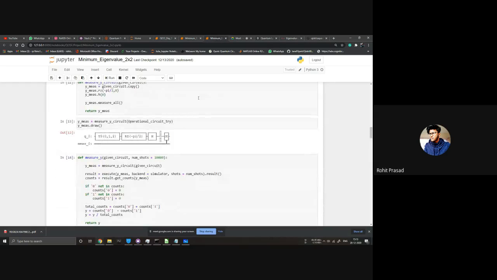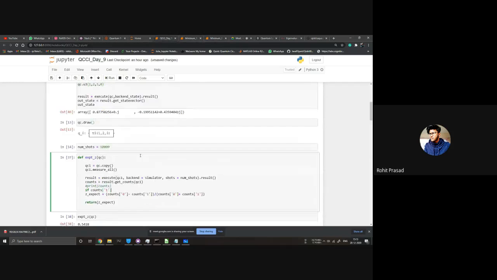So we can say if one is not in counts, then counts one is equal to 0.